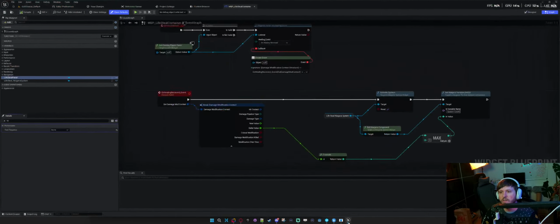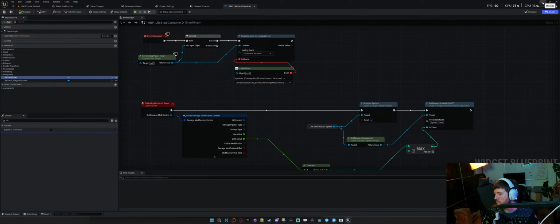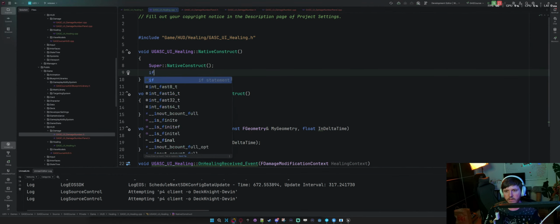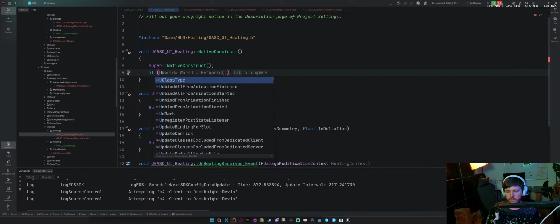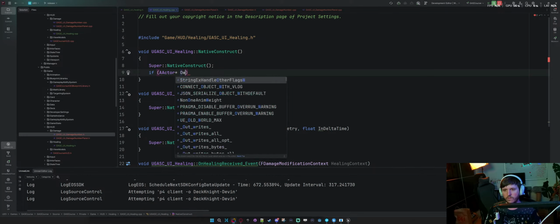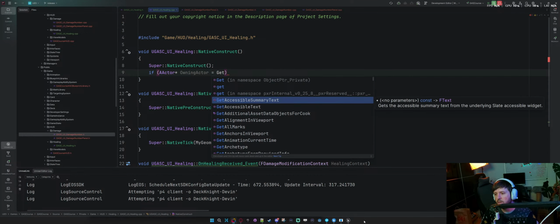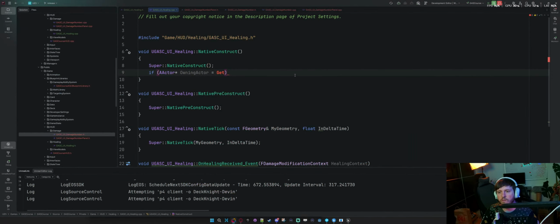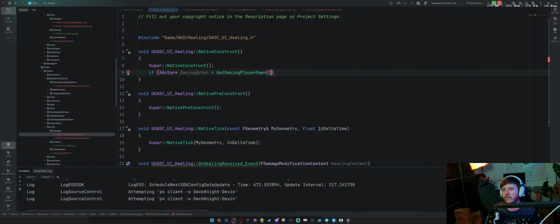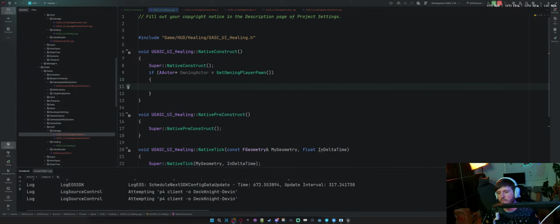So now I should be able to do more or less this, right? So I should be able to say if actor equals get player pawn. What does this return?